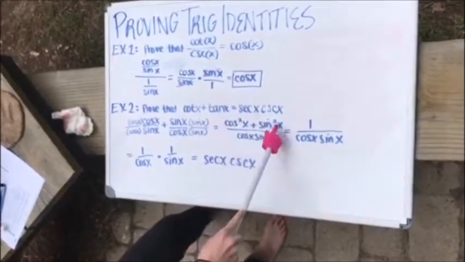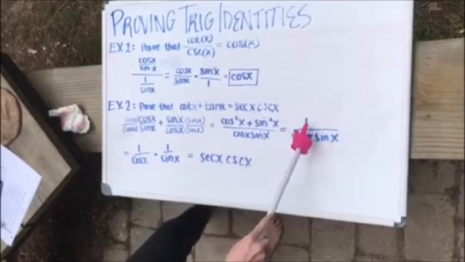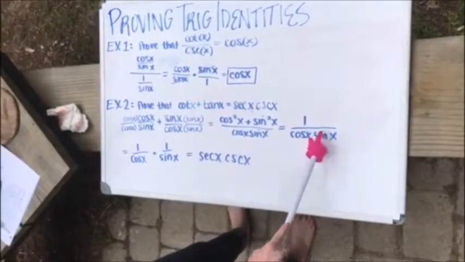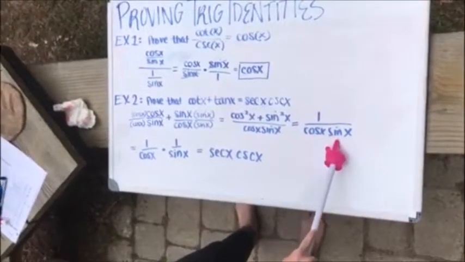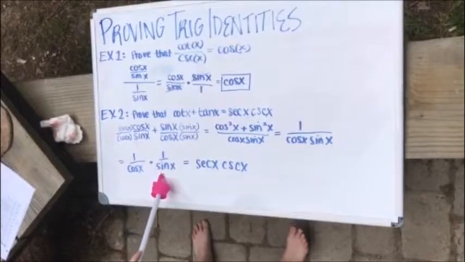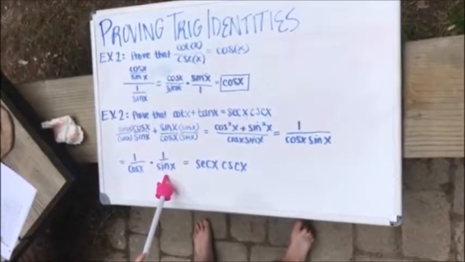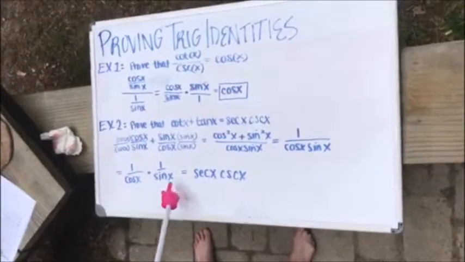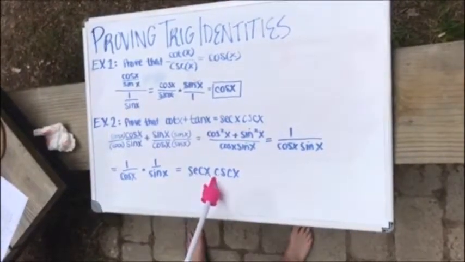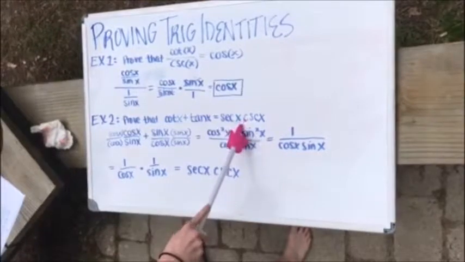And this is a trig identity. Cosine squared x plus sine squared x is equal to 1. And then we just move the denominator over, so we get 1 over cosine x sine x. And now we're going to split this up into 1 over cosine x times 1 over sine x, and these are both also trig identities. We know that 1 over cosine x is secant x, and 1 over sine x is cosecant x, and so we have secant x times cosecant x, which is what we were trying to prove, and so that one is